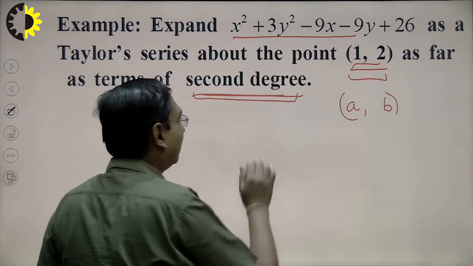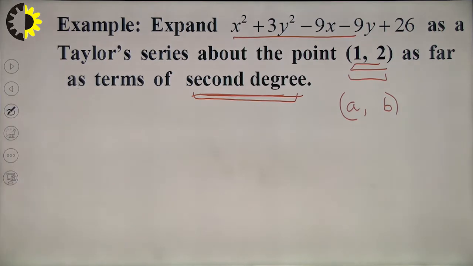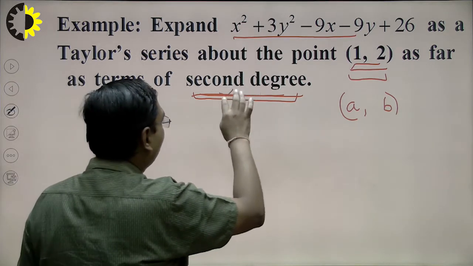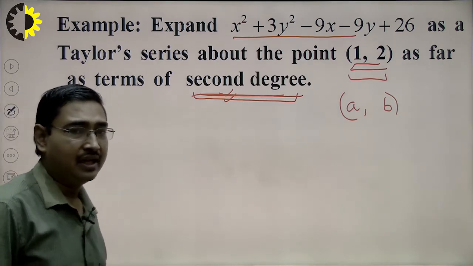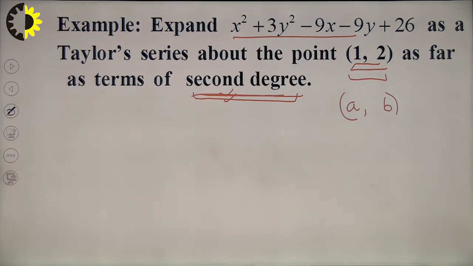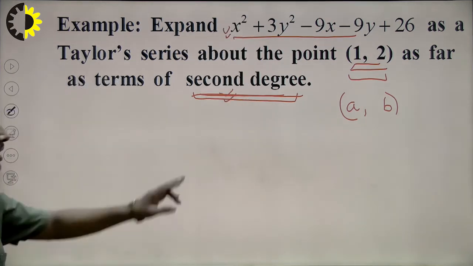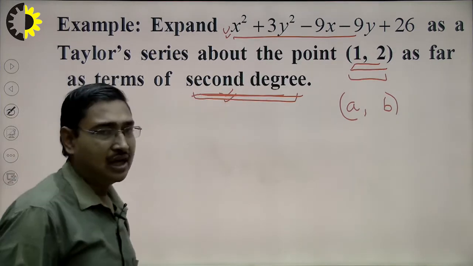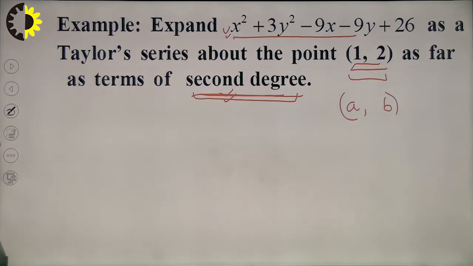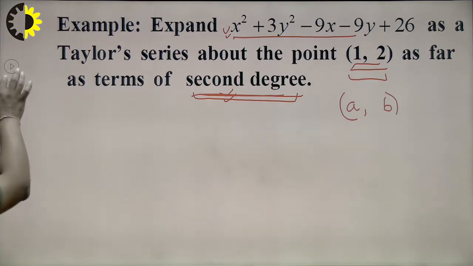The number of terms required in Taylor's expansion will tell us how many partial derivatives I need to calculate, because here we are to calculate terms up to second degree. It means all partial derivatives including derivatives of second order are to be calculated for this function. Thus, this function will be taken as f. Its partial derivatives up to second order will be calculated, and then we shall apply Taylor's theorem to find the required expansion. Let me start now.